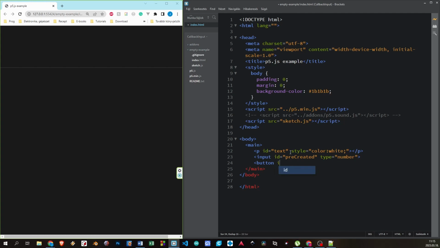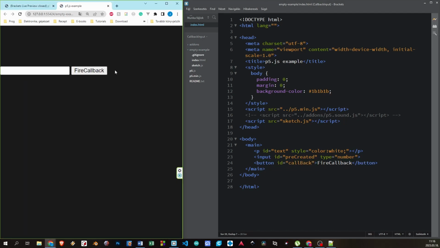So id equals callback, and name is fire callback. Okay, we have a button, we have an input field with